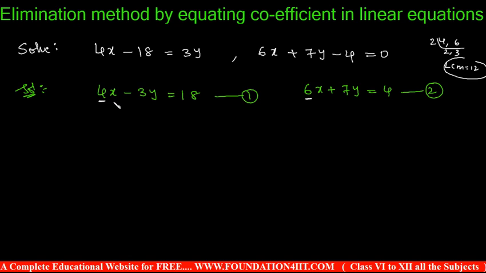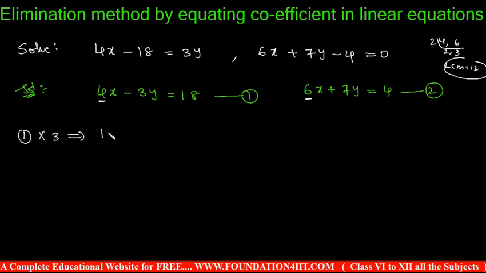Now I should make the x coefficient 12, because the x coefficients are not the same. You can check with the y coefficient also separately. Not only eliminating x, you can eliminate y. Any one of the variables you can eliminate. So I started with the x coefficient. So equation 1 into 3, because the x coefficient is 4, I should make it 12. So the entire equation I can multiply with 3. Then the value does not change, since we multiply the same constant on LHS and RHS. Right? So equation 1 is multiplied by 3.